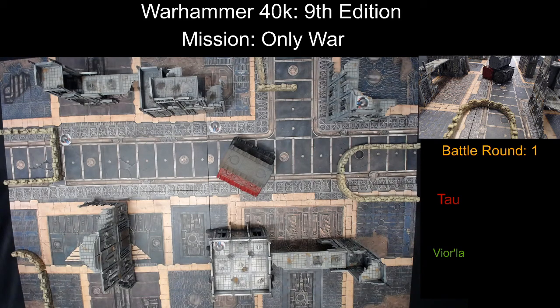So, do you want to deploy the first unit, or do you want me to deploy the first unit? I'll let you deploy first. Okay, so it's 12 from the center. That's pretty straightforward. Yep. Okay, so I guess I'll put my Kroot. I'll put my Kroot 13 to 22. So where's it? The first objective's here. They're in there. Okay, so I'm gonna put these guys